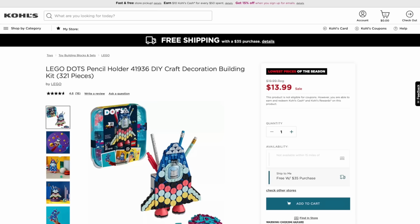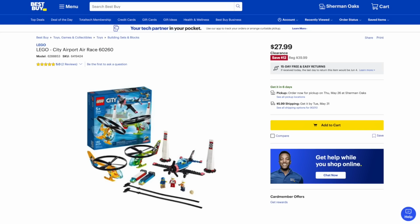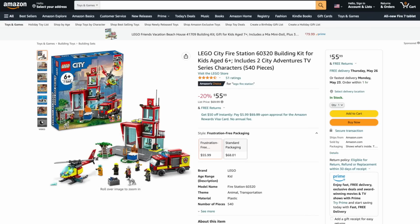Next at Kohl's, they've got the LEGO Dots pencil holder and LEGO City Police Helicopter Chase for 30% off. And at Best Buy, you can get the LEGO City Airport Air Race for 30% off too. And there's even more 2022 city sets at Amazon for 20% off,